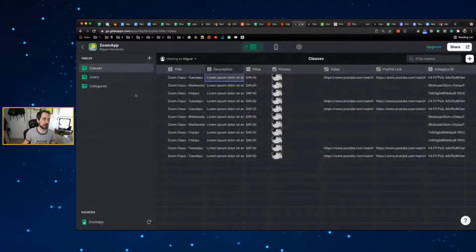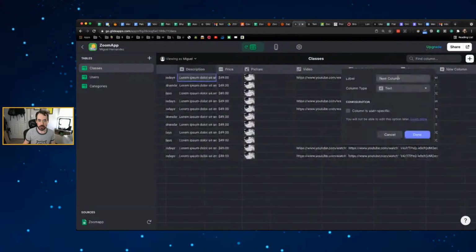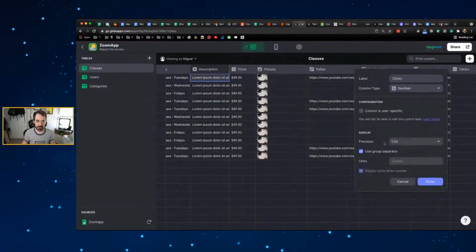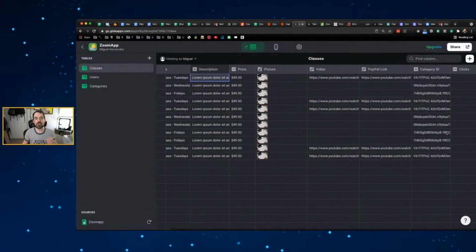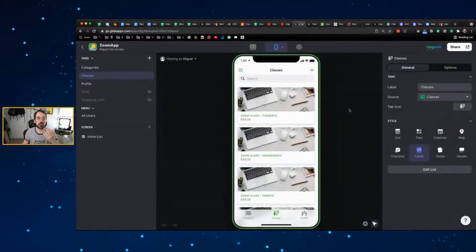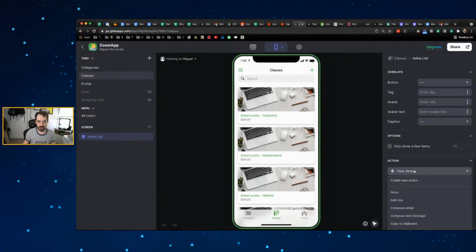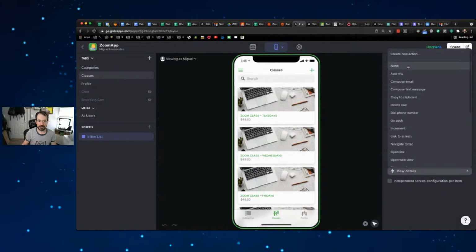We would go to classes, add a new column called clicks. We would make sure that this is a number. We don't need precision only. We don't need a thousands separator. Boom. We're going to store here the clicks of every time somebody clicks on a class. Great. Now we need to create a custom action. To do that, we click on the inline list. We go back, action, new action,